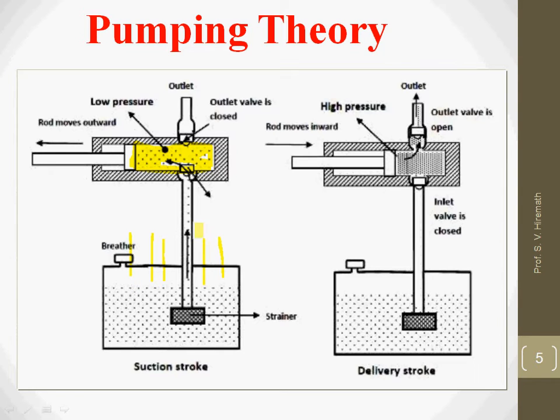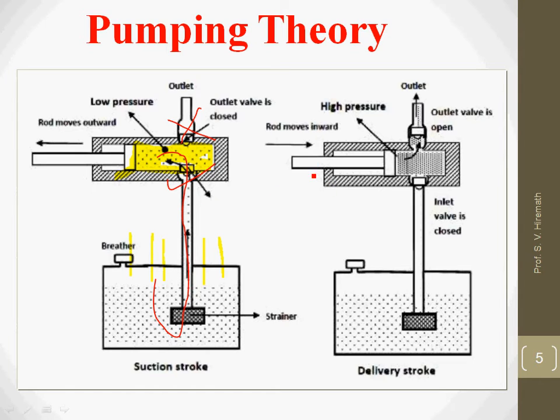In that case, we are having a lesser pressure here, we are having a more pressure here. Due to this pressure difference, I will be getting the movement of the hydraulic fluid from this inlet to this cabin. During the movement of hydraulic fluid, this check valve will be in an open condition and this check valve will be in a closed condition. That is the beauty of this type of piston pumps.